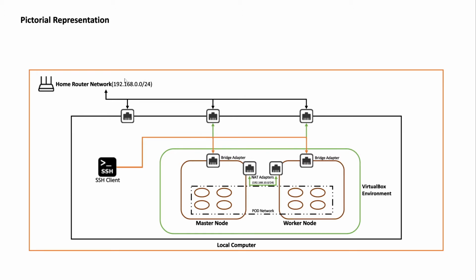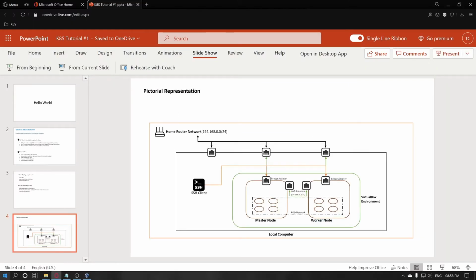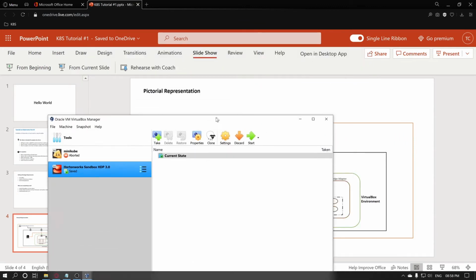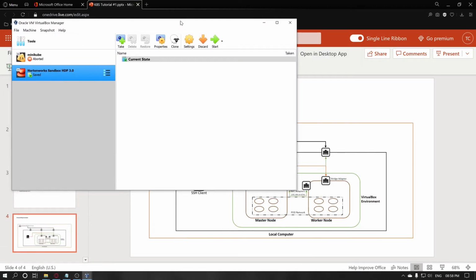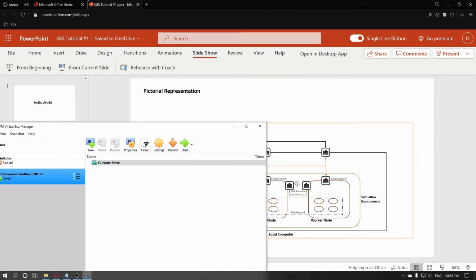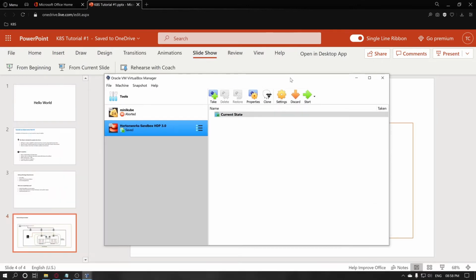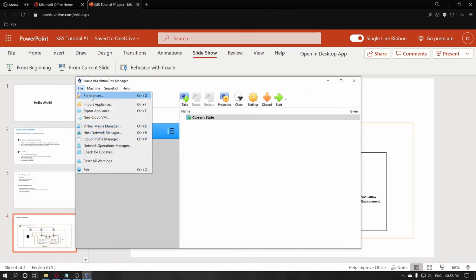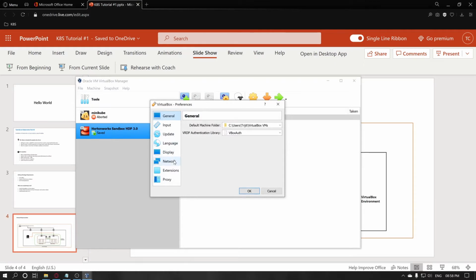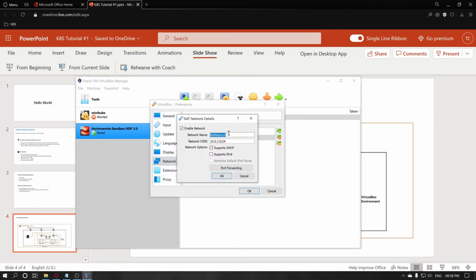So we have VirtualBox installed in our local system. Let me go to that. So I'll go to VirtualBox, and at first we need to create the NAT adapters that we discussed earlier. So let's go to File, Preferences, and we'll go to Network, add a new NAT network. Maybe let's name it Kubernetes NAT